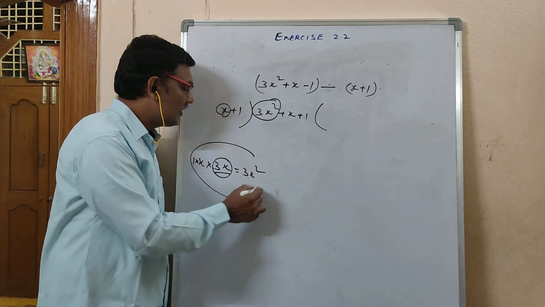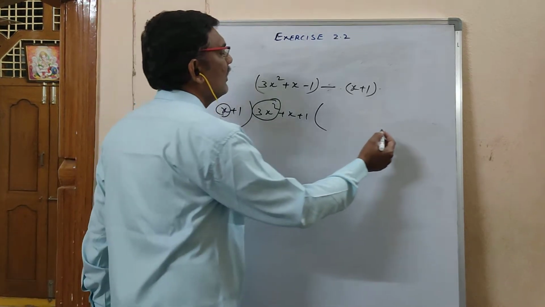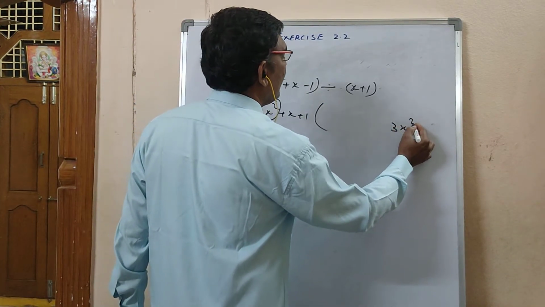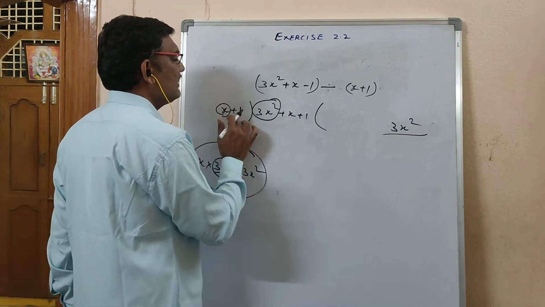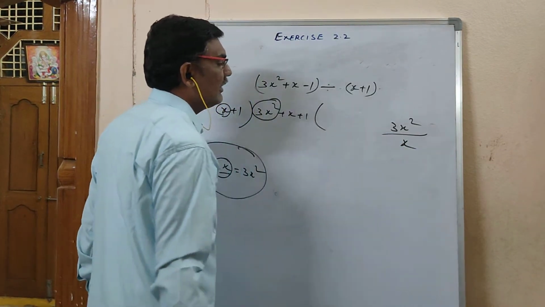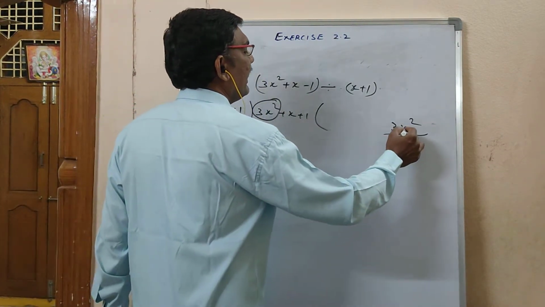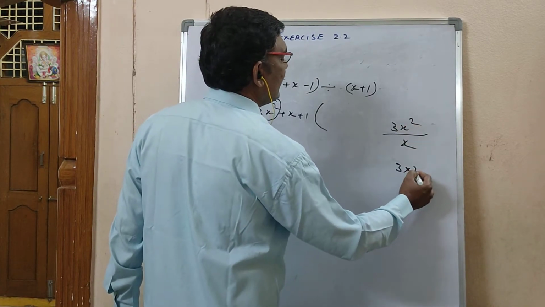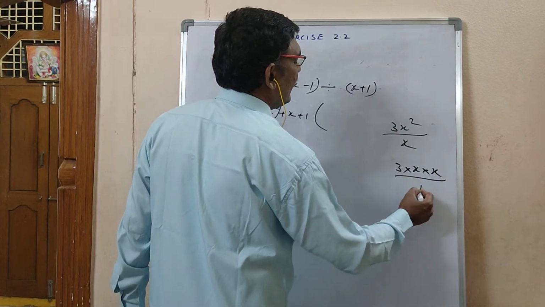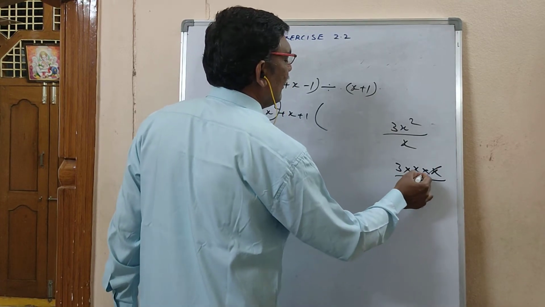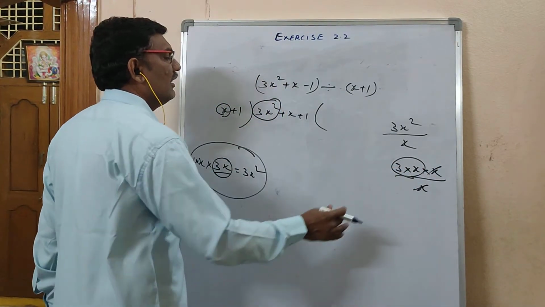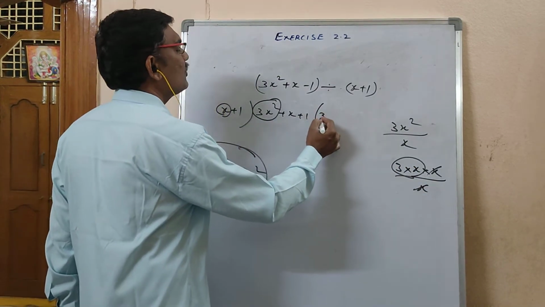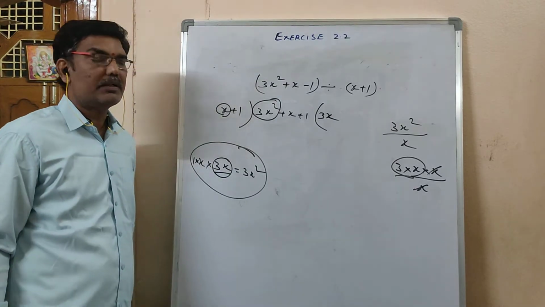If you have not understood this one, what you have to do is, in this dividend the first term you have to write in the numerator. In divisor the first term should be written in the denominator. So x square means x into x only or not? 3 into x square means x into x by x. One x cancelled. What is remained here? 3x. Here also 3x remained, here also 3x came. This 3x should be there in the quotient.